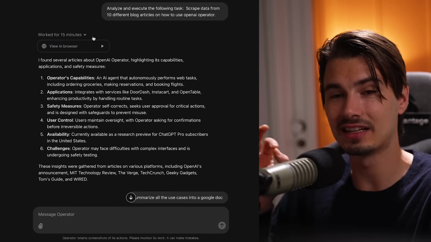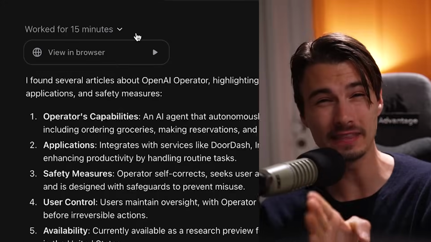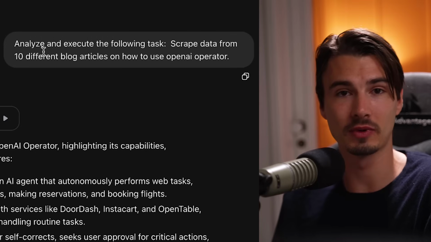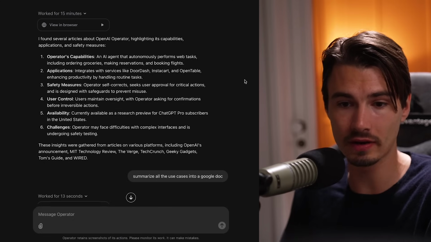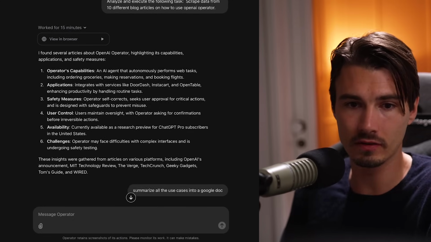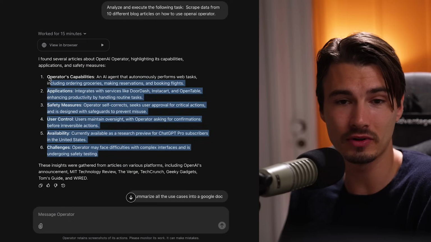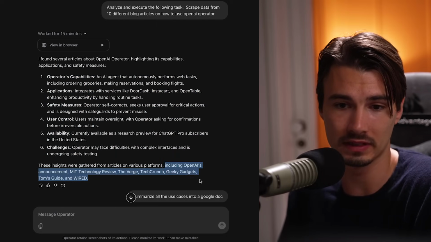And this resulted in the longest working time that I found. Look at this, worked for 15 minutes. Because here I told it to actively not just search for multiple articles, but also to scrape the data from them. So this seemed to have worked really well. Let's review the video of the entire operation here, because the result that you can see here is pretty much a summary of what you would have got from the OpenAI blog post, but pulled from all of these different